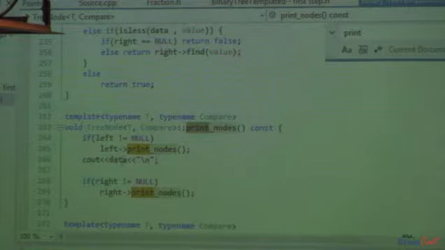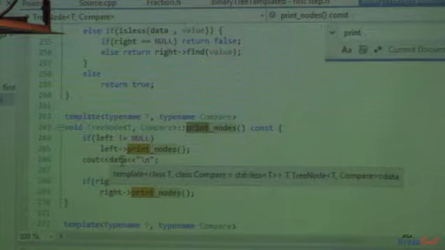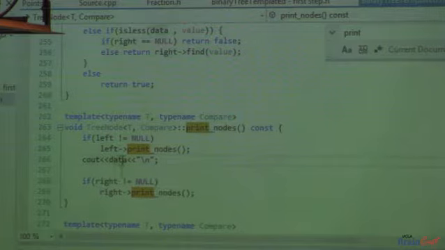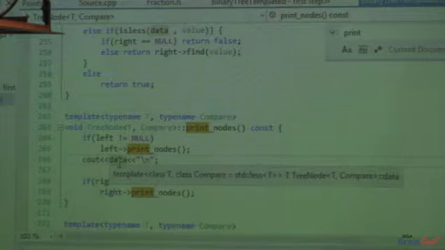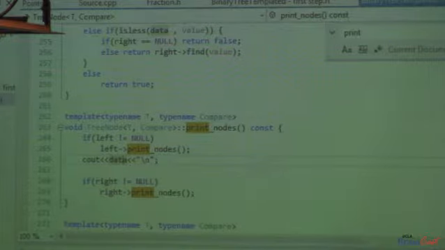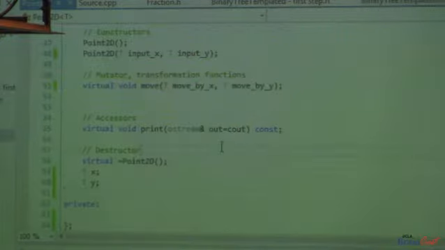It's calling cout on data. Okay, so BST goes to print, and then at some point it calls cout on data. Well, what is the data type of data? Point2d of fractions. Not just point2d, right? Point2d of fractions. So now we go to the point2d template,